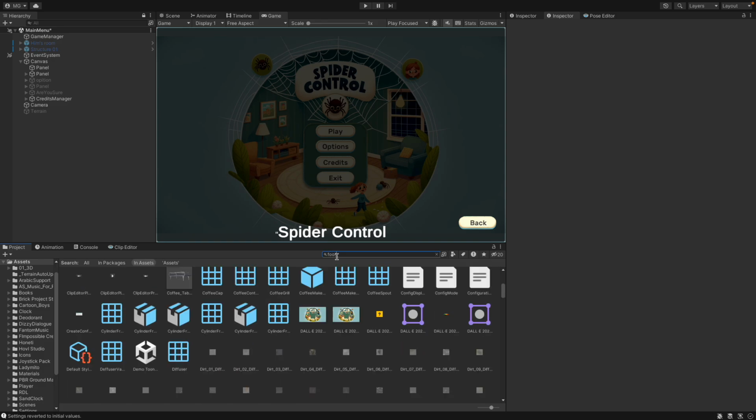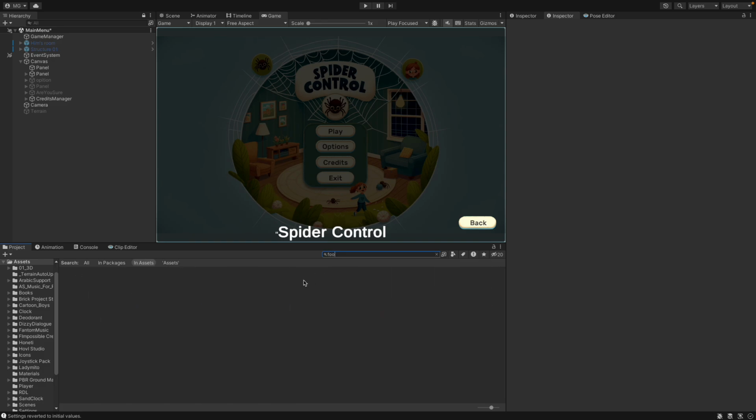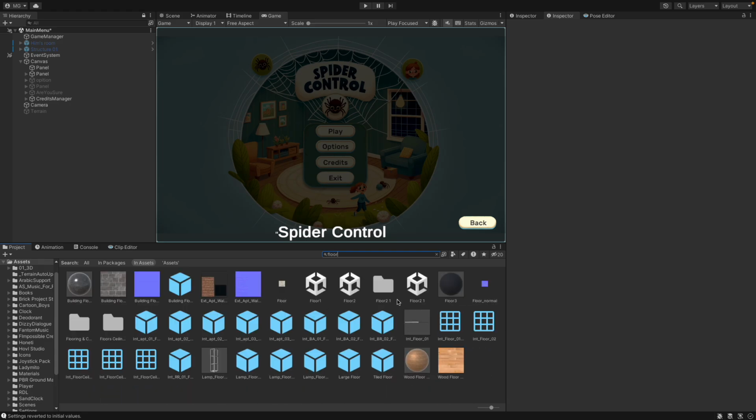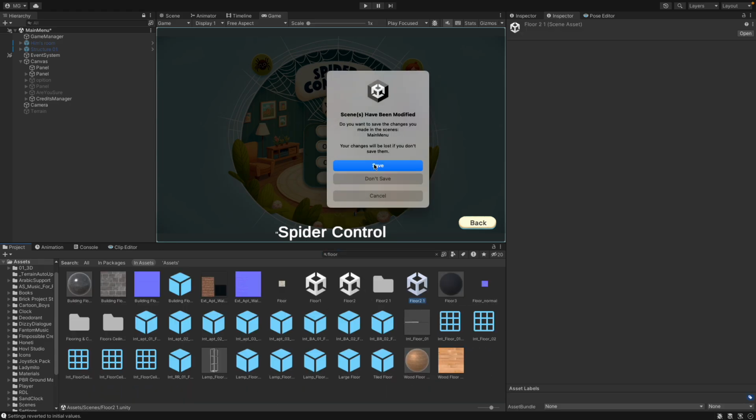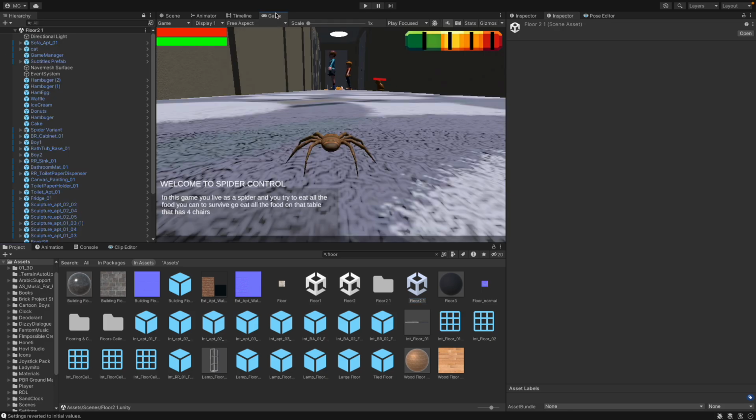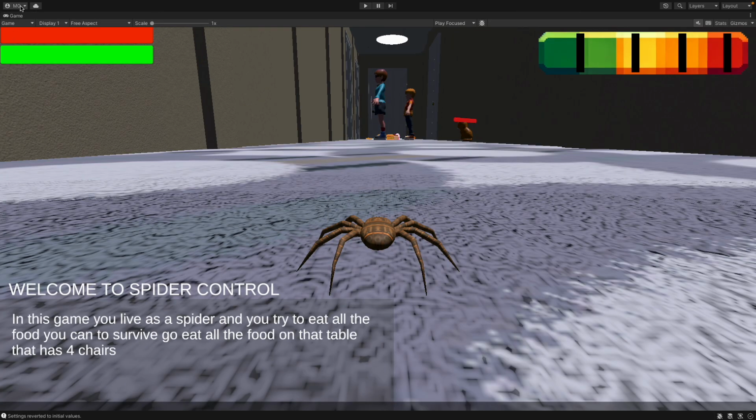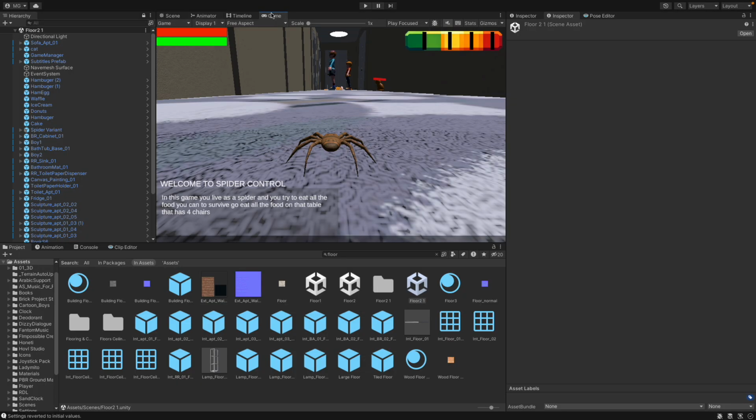So let's go to floor number 2. I wrote that so wrong. Oops. What's wrong with me? Here, floor number 2. Save. Woohoo. Okay, so here we are in floor number 2. If I run the scene real quick,